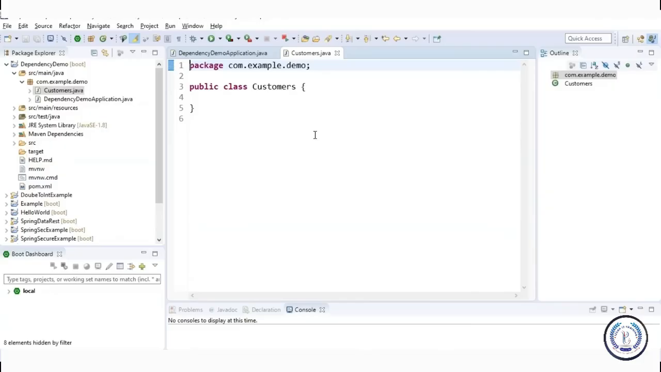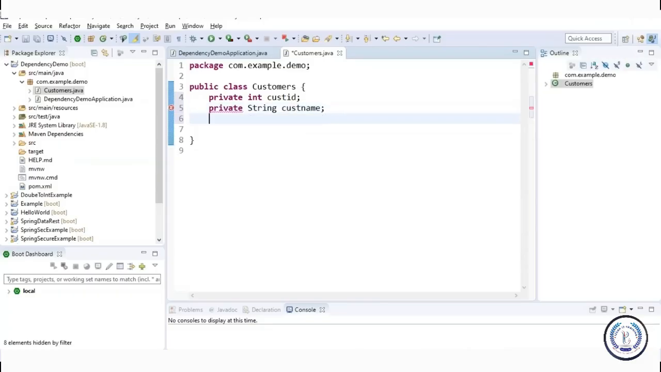Now, let's say we add a few parameters for our customers. Let's say customer ID, customer name, and the course name that he has taken from Edureka, right? So for that, I'll just mention private int, and let's say I mention custID. That is basically for customer ID. Similarly, I'll mention private String, and let's say I mention customerName, and private String again,